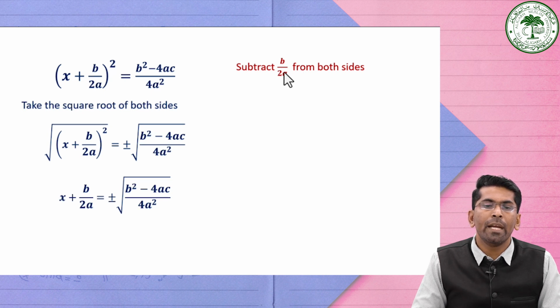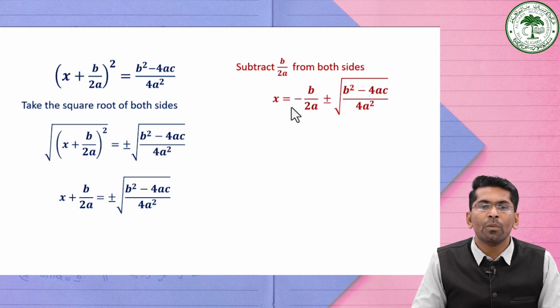Then after this particular step, we want to solve for x by subtracting from both sides, that is b by 2a. We can subtract b by 2a from both sides so that this will be cancelled out. We can isolate the variable x. So x is equal to minus b by 2a plus or minus under root (b square minus 4ac)